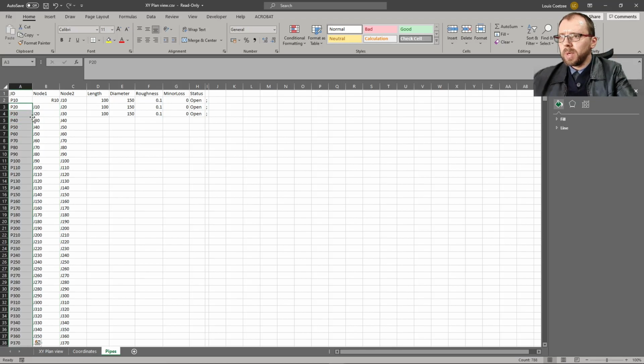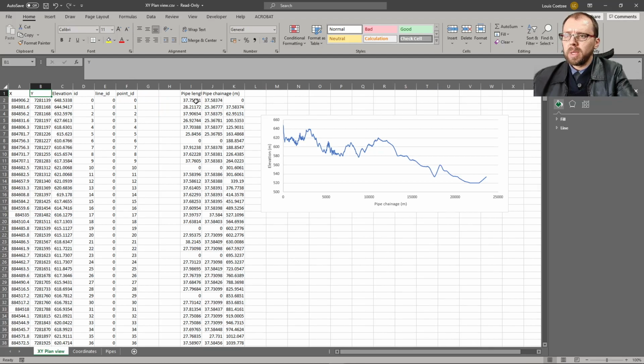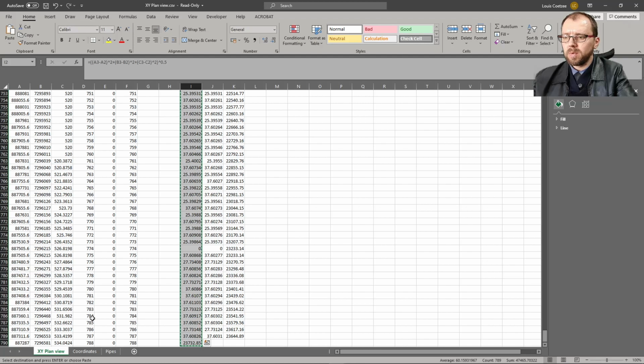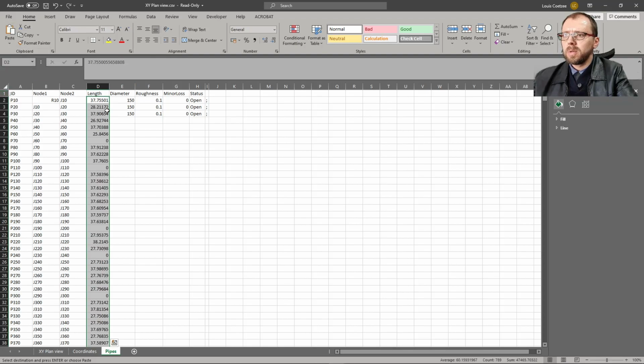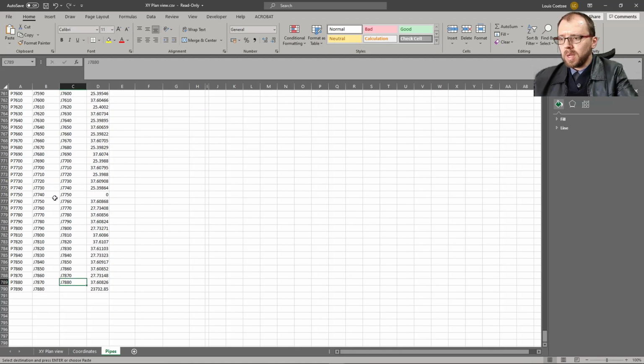Then we jump all the way down. The pipe lengths we've already calculated, so we can go to our pipe lengths column. There's our pipe lengths for each individual pipe, and let's paste it as values, and we've pasted it now in. Go to the lowest line, last one,